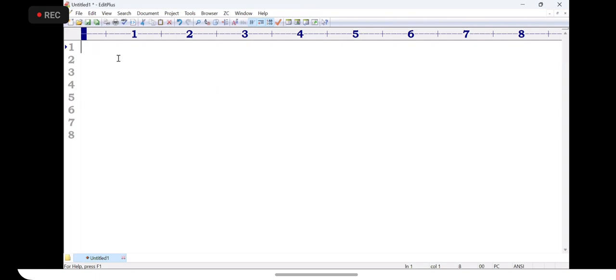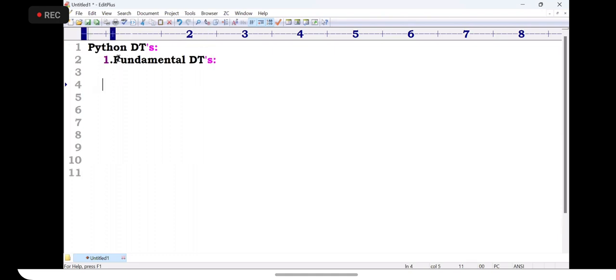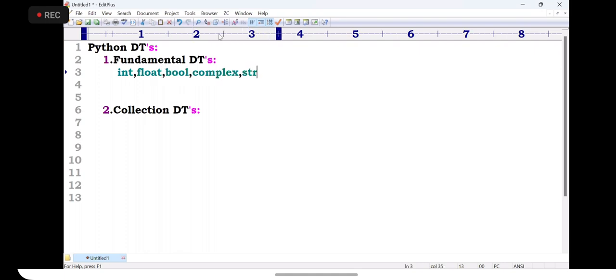Okay, sir. I started the topic, Python data types. In Python data types, two are there. One is fundamental data types. Second one is collection data types. Fundamental data types are those that accept only one object into the variable. Five fundamental data types are available there: integer, float, boolean, complex, string. These five are called as